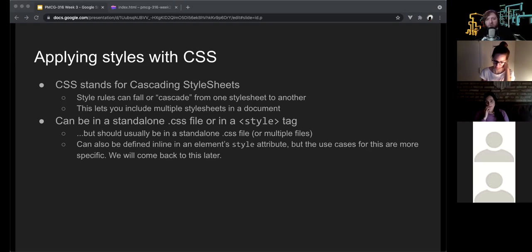You can also define what we call inline styles, which are for each specific element. Each element has a style attribute, and you can use that to write CSS directly for that element. But that has a very specific use case that you shouldn't worry about right now. We're going to come back to that in a few weeks when we start talking about JavaScript, because when you start manipulating the appearance of an element on the fly,